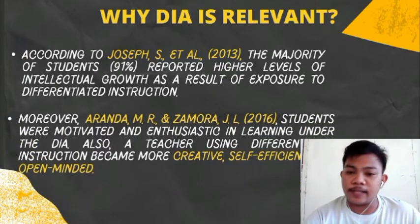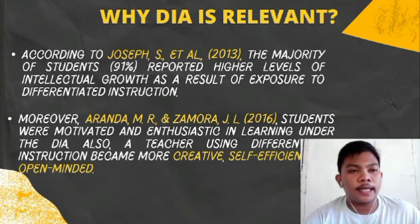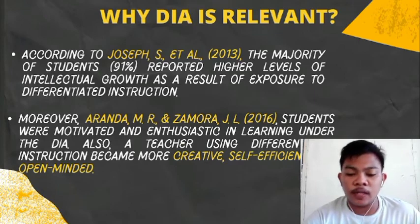Moreover, Aranda and Zamora 2016 stated that students were motivated and enthusiastic in learning under the DIA. Also, a teacher using differentiated instruction became more creative, self-efficient, and open-minded. So basically, we see positive results on why the DIA teaching style is effective, as it garnered positive reviews and effective results that greatly affect the cognitive capacity of a learner, thus providing them the learning opportunity in which they maximize